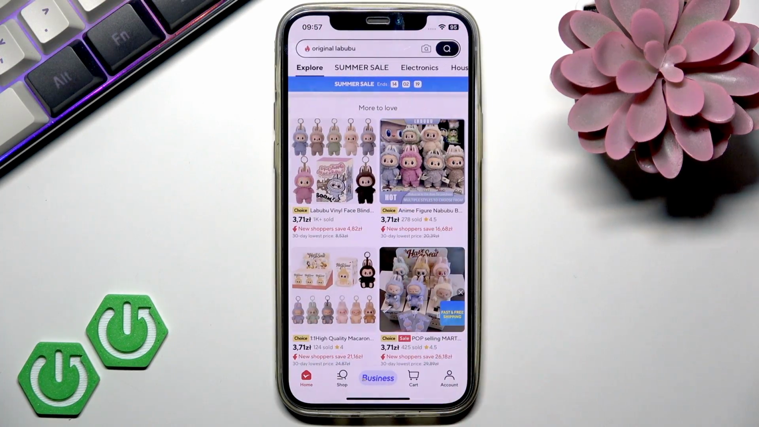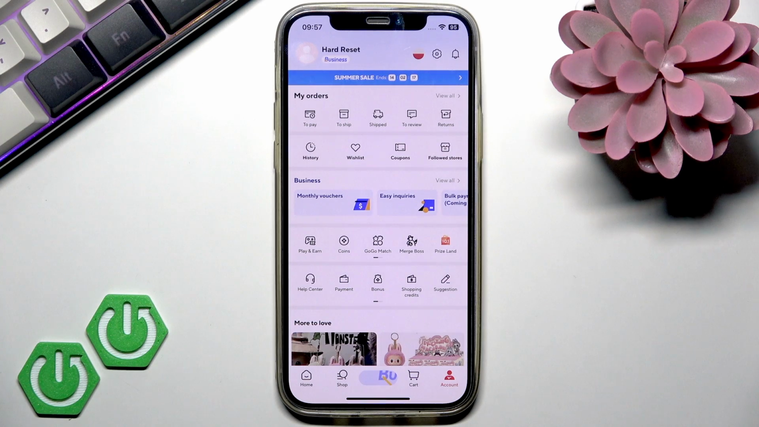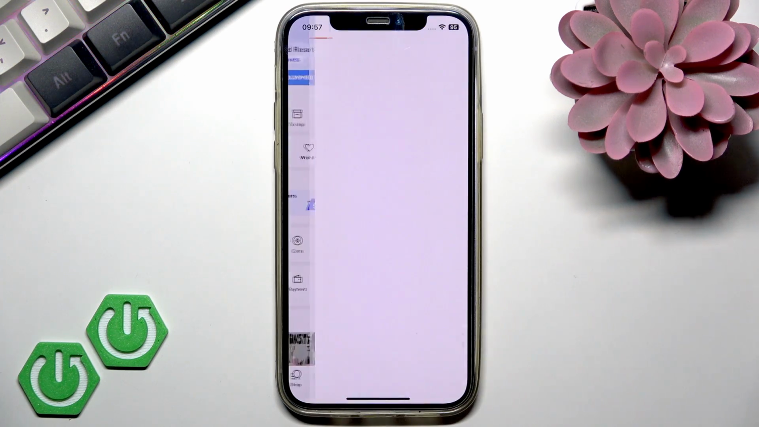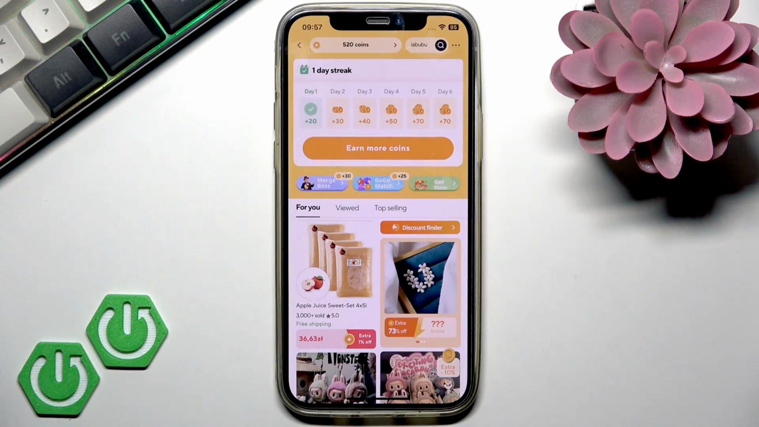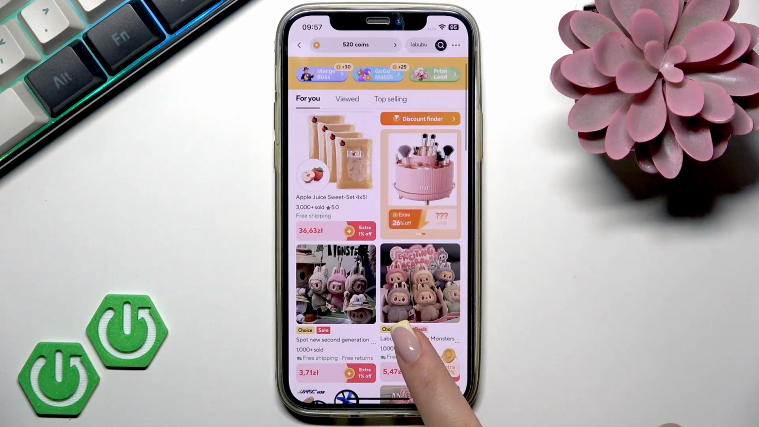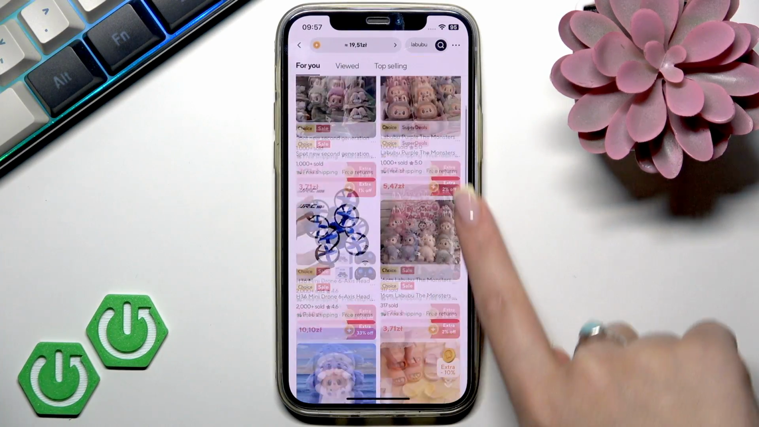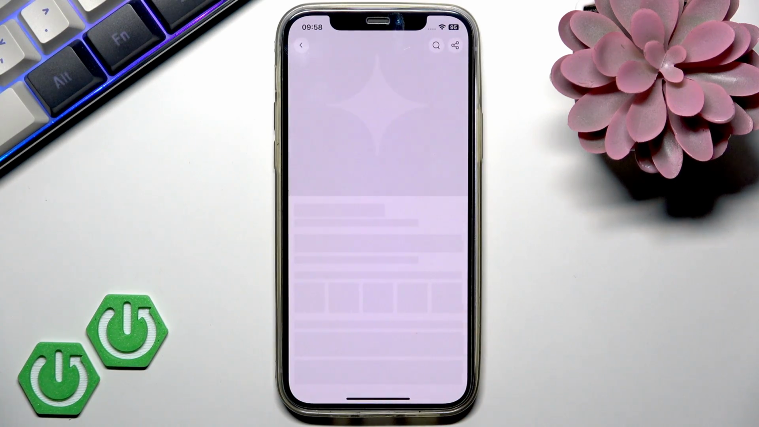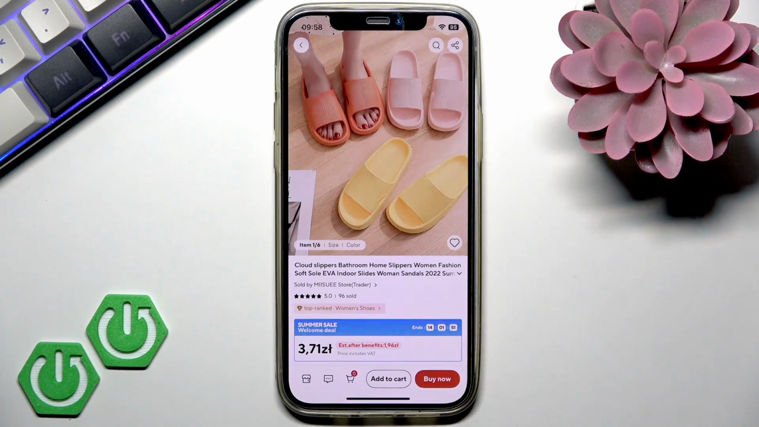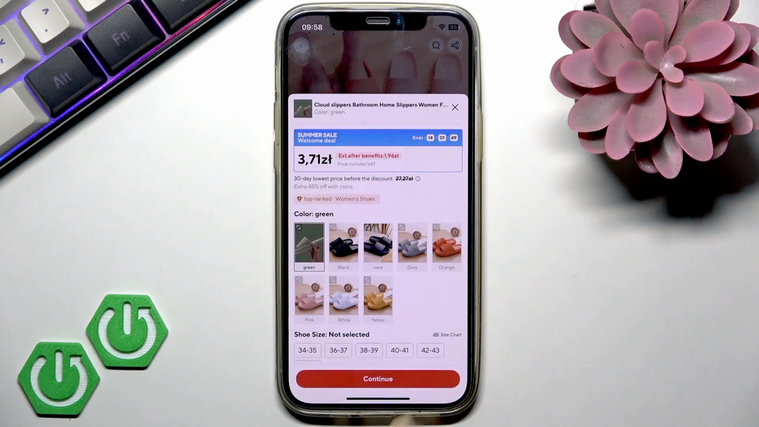so if you go to your account at the bottom right here and you find here coins, here you can collect coins every day, and here you can order some items that accept coins as discounts. So for example, if I open some random product and tap Buy Now,